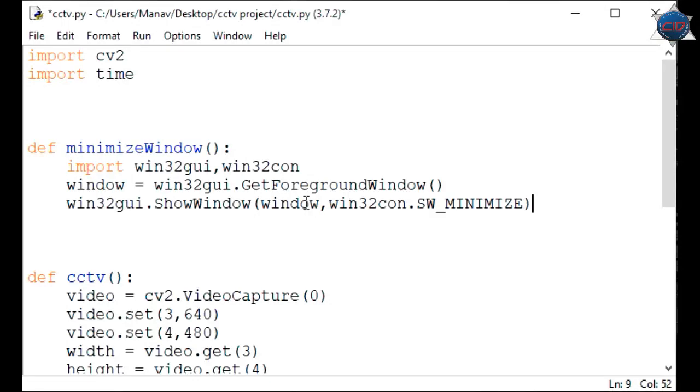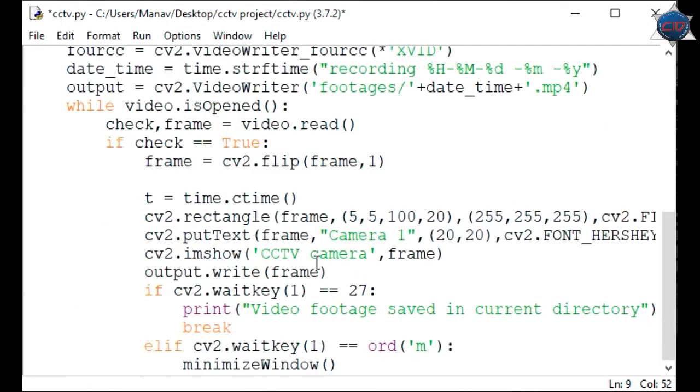It will minimize the window which is in the foreground. That's it. We have done it.